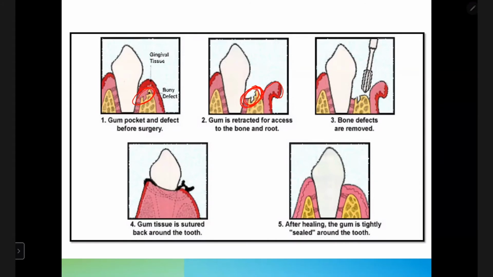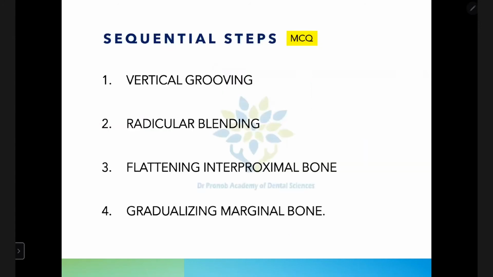Now here we are using the rotary instrument and we are shaping the bone defect. We have shaped the bone defect. Now after that, the gum tissue. Here just layman terms were given. The flap is placed back into its position, the flap is coapted and then suturing is done. This is a post-operative picture. So in the resective osseous surgery also, the initial steps are the same. You're giving the incision, reflecting the flap, thorough debridement is done, then you are operating on the bone.